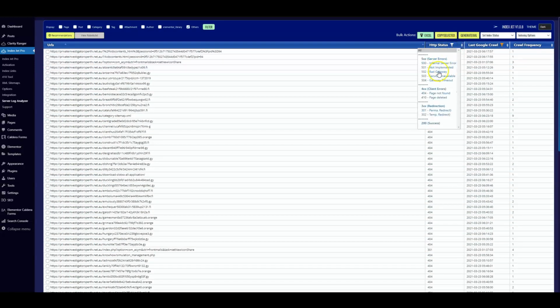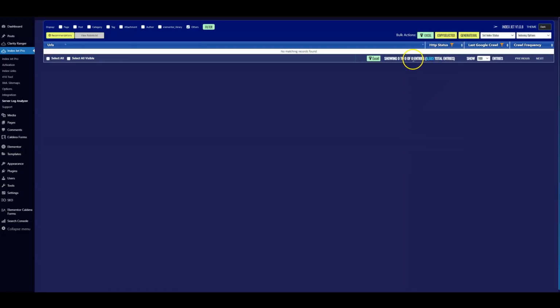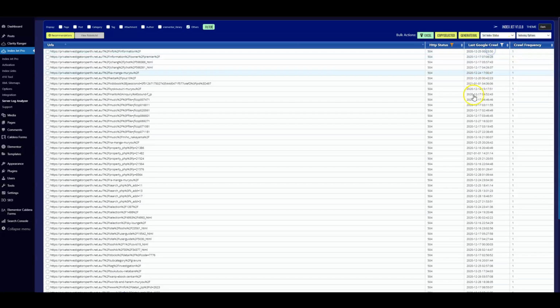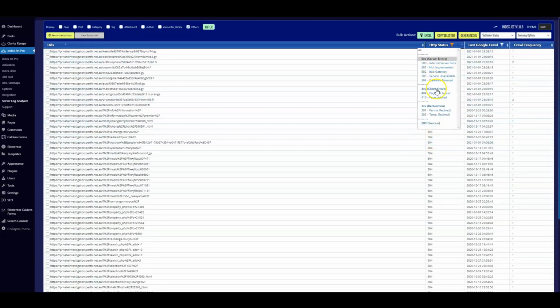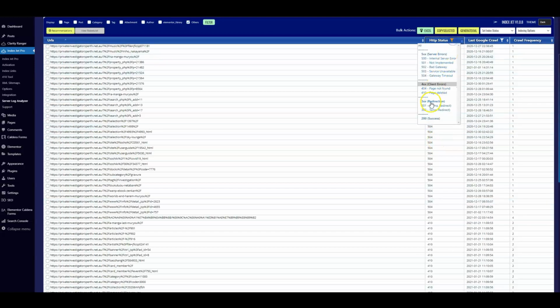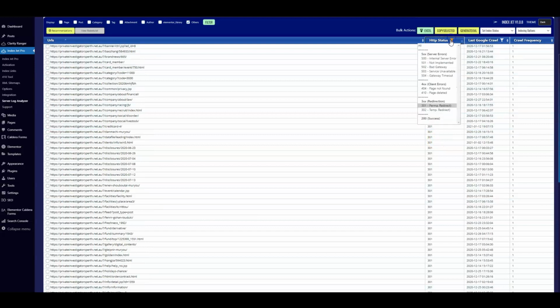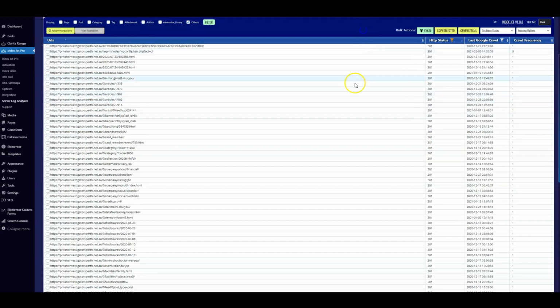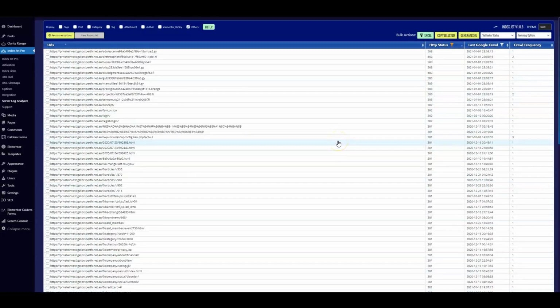So we can filter here by server status as well. This is very powerful. You can select 500, which will then show you all the 500 errors that Google has ever encountered on your website. And you can filter by 404 errors, filter by 301 errors. So you get the idea that you can look into which server status Google is encountering for specific URLs